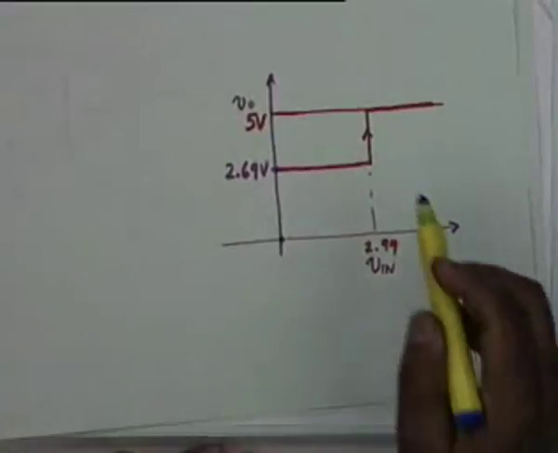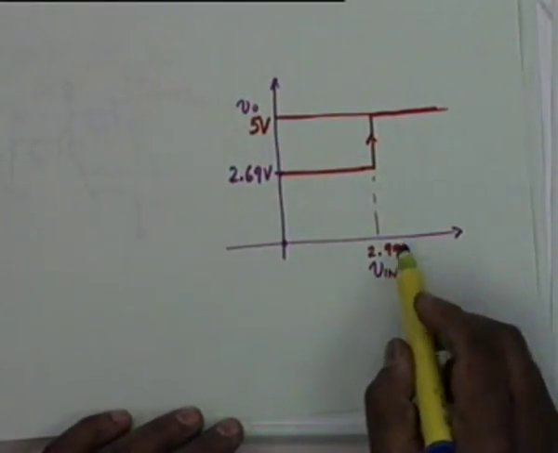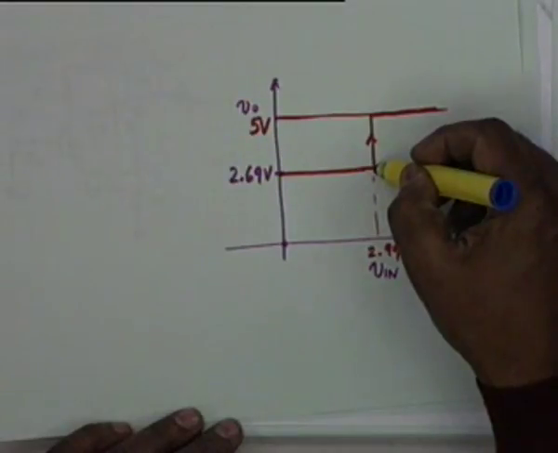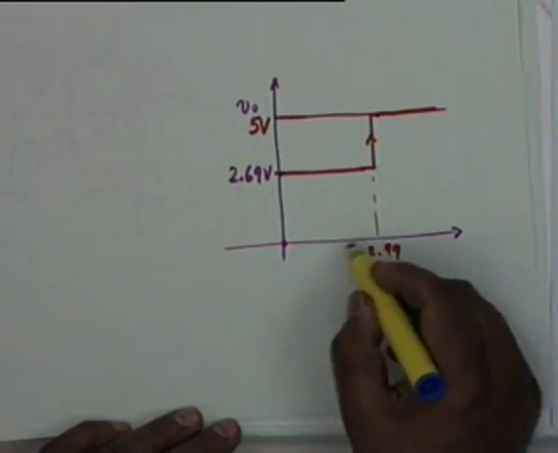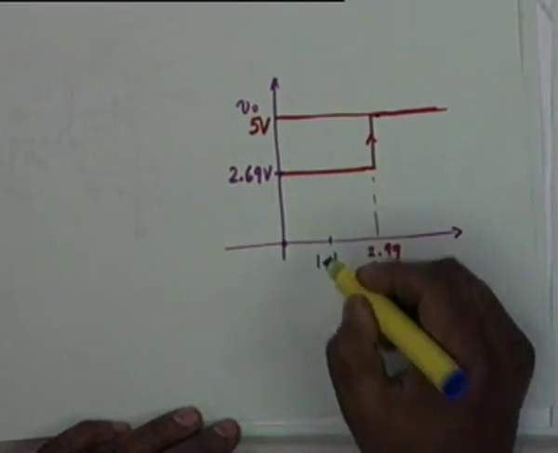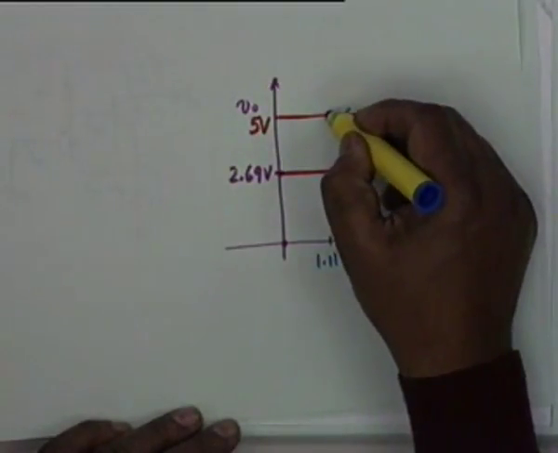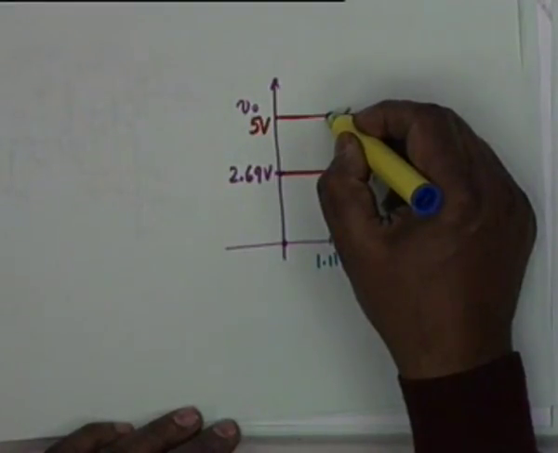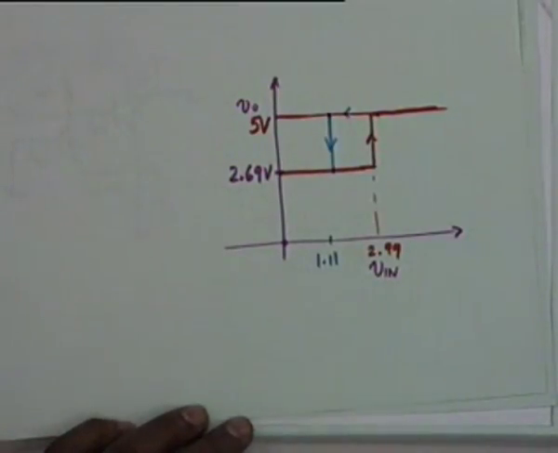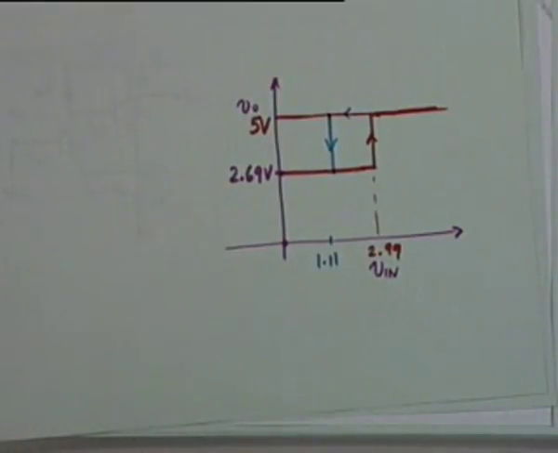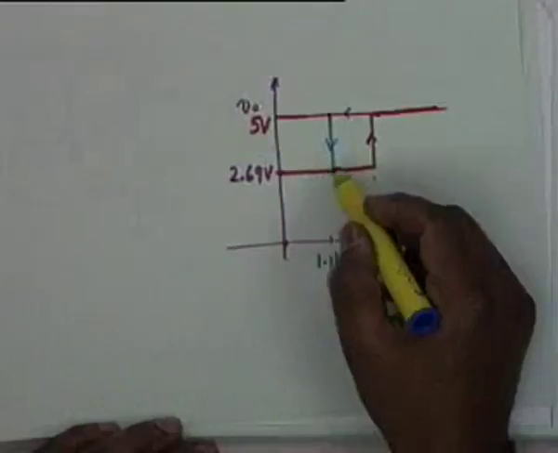This is not 0. Now if you go back to this diagram, you see V in at 2.99, it had changed state from Q1 off to Q2 off. When you reduce from 2.99, you have to come up to 1.11 to make it change state. That means Q1 goes to active region and Q2 goes into conduction. Now, this state does not remain so. Ultimately what happens is Q1 becomes off and Q2 gets saturated. That is, it comes back to this state.